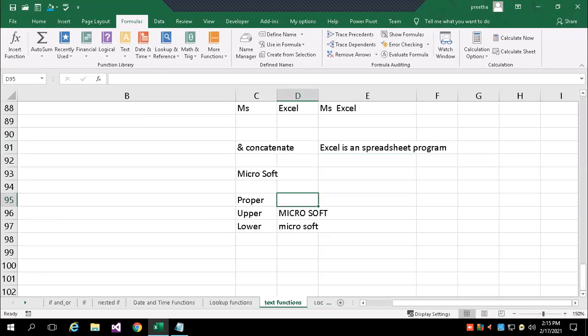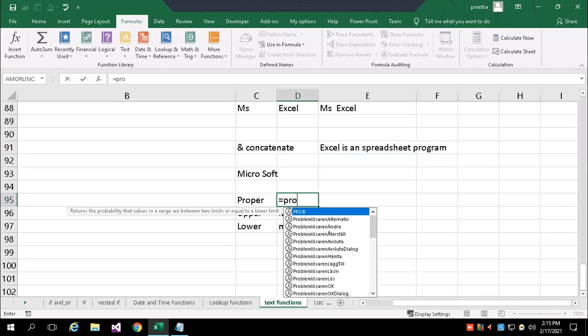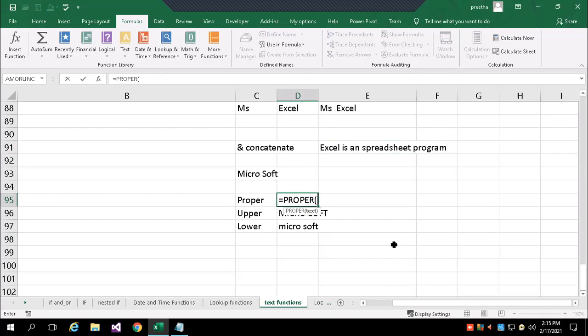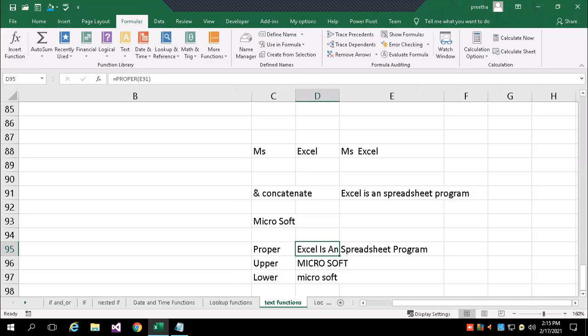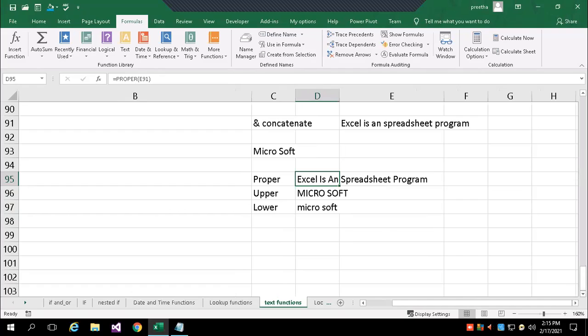Now equals, I write here PROPER, then the cell address, I'll close, and say enter. Now you can see on the monitor, the first letter of every word in the sentence, E, in, is, A, S, P, everything is converted to capital.